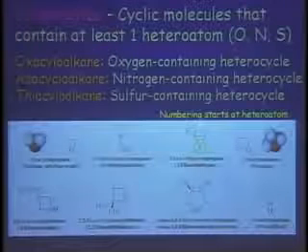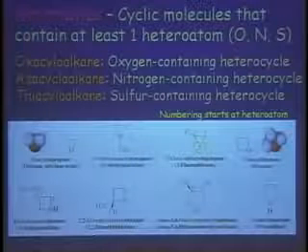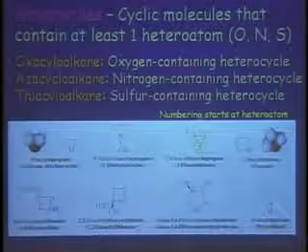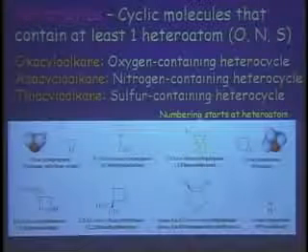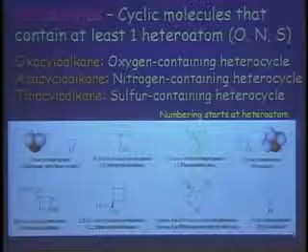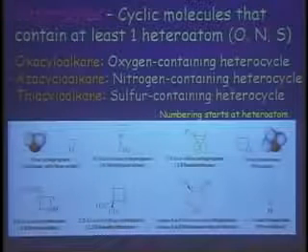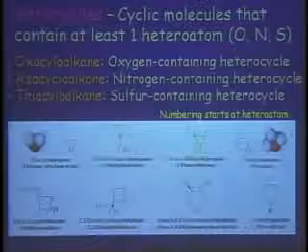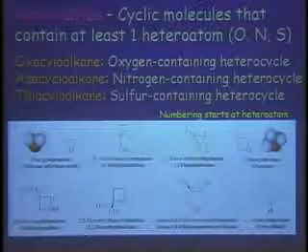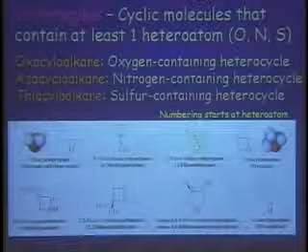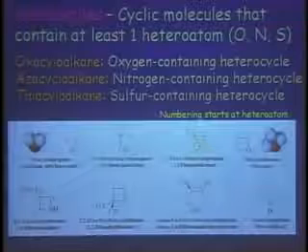And so what you do is you just use the prefix oxa, aza, thia, or phospha in front of the cycloalkane. So it's an oxacyclopropane or an oxacyclohexane and so forth, to indicate this contains oxygen, aza for nitrogen, thia for sulfur, phospha for phosphorus, titana if it's a titanium heterocycle, which we won't talk about. But it's the same principle.